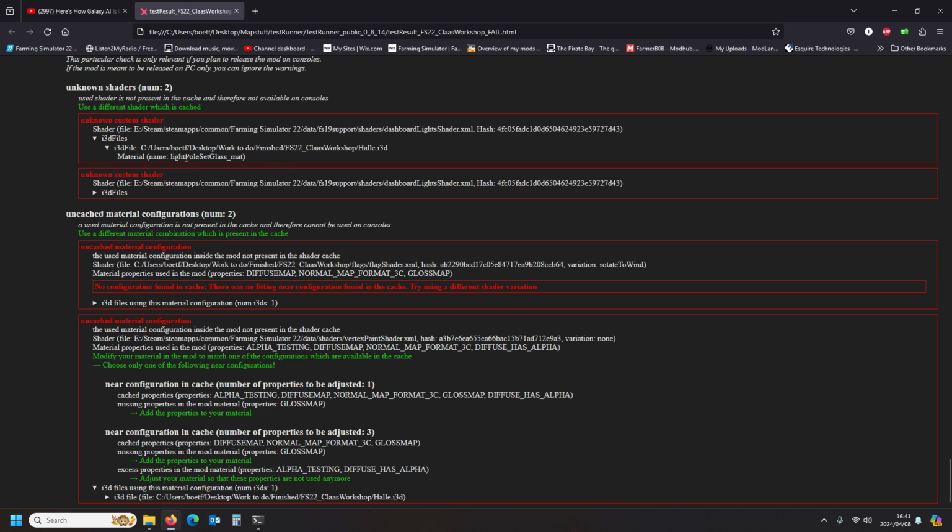This one needs to be upgraded to an FS22 shader. You can't have an FS19 supported shader in the consoles. They all have to be FS22 shaders. So it's just finding a correct